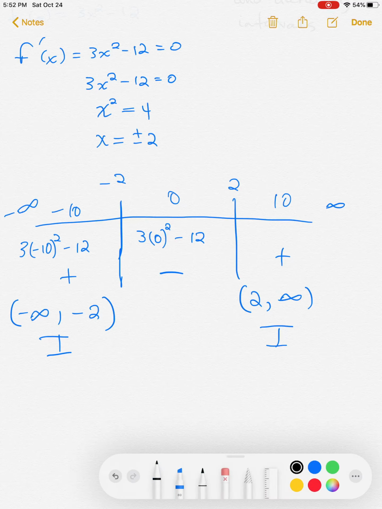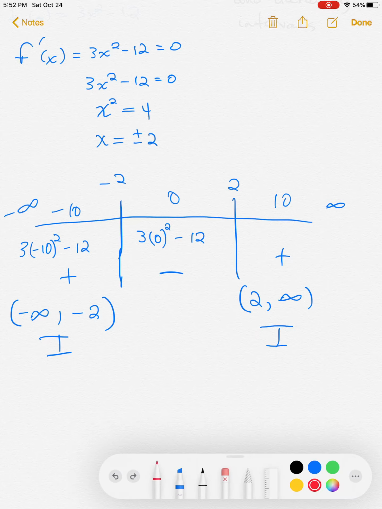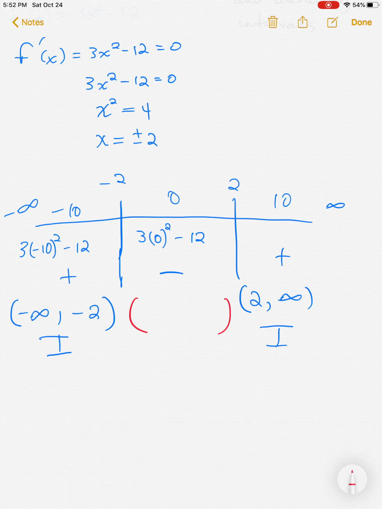And I'm decreasing from negative 2 to positive 2. My function is decreasing. All right. Now,